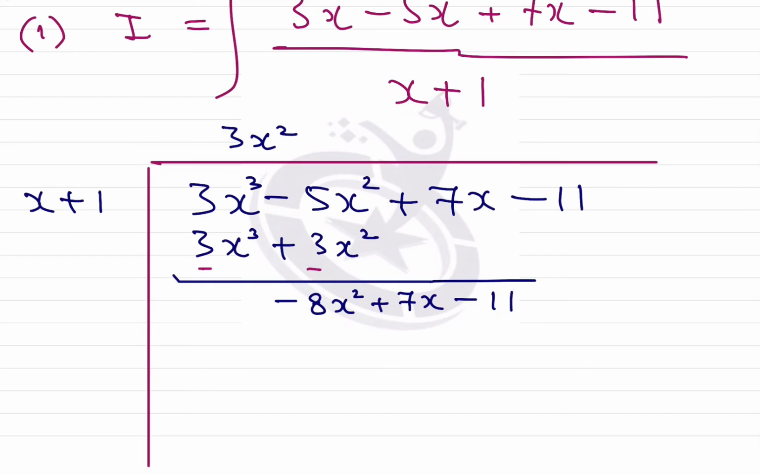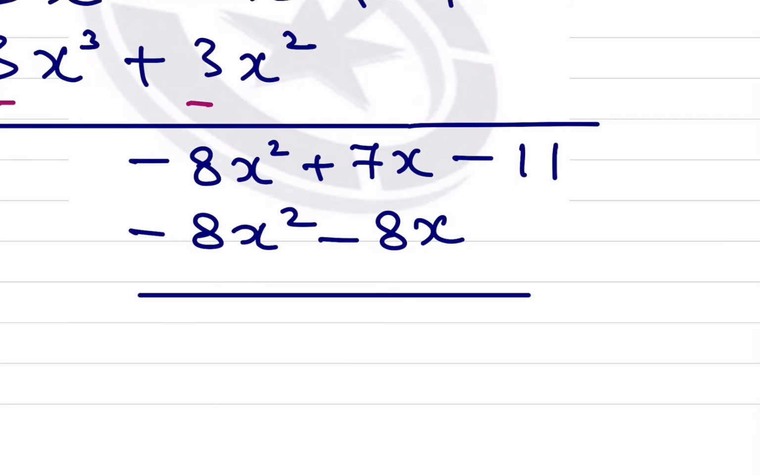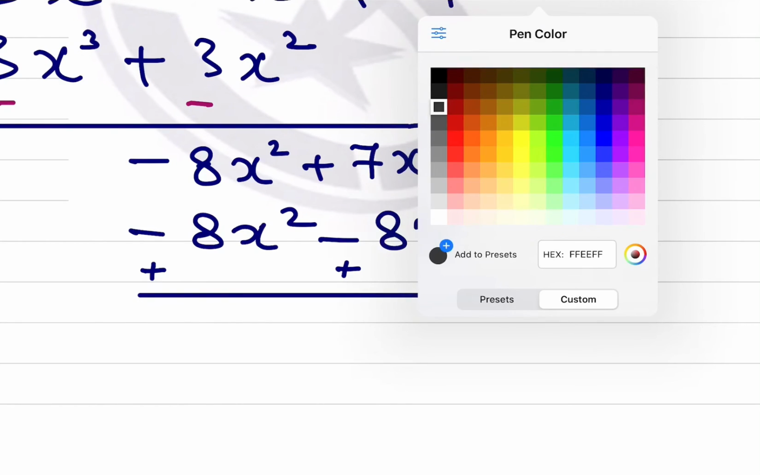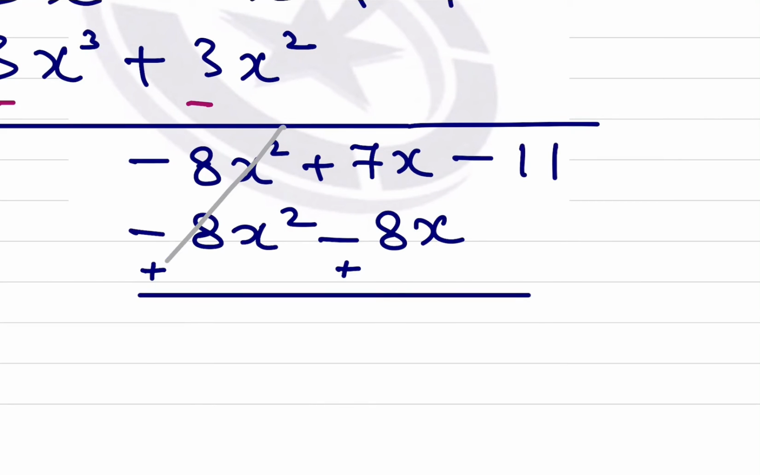Now you want minus 8x square. So to get minus 8x square you have to multiply by minus 8x here. Multiply now. So x into 8x becomes 8x square. So this becomes minus 8x square and plus minus 8x. Okay, you have to again change the sign because you subtract them. So when you change the sign, the minus becomes plus and minus becomes plus. So 8x square gets cancelled, and you get 7x plus 8x. 7x plus 8x becomes 15x